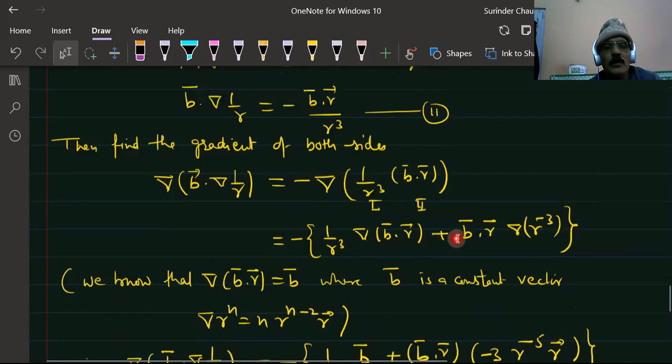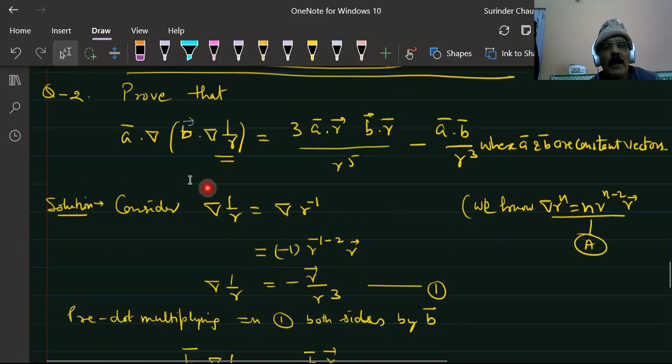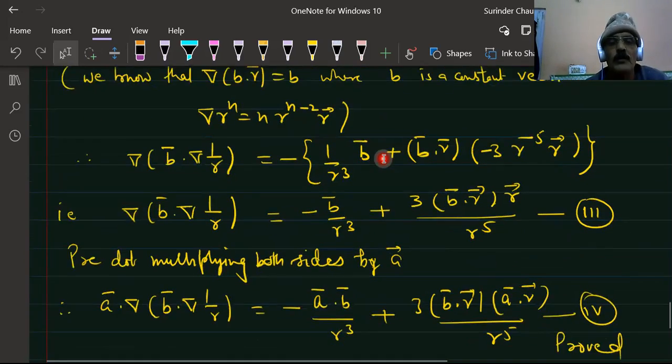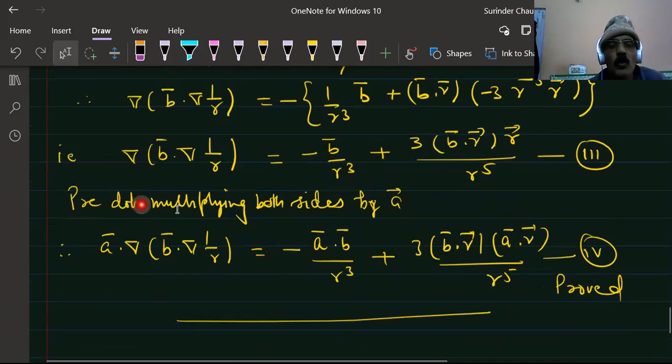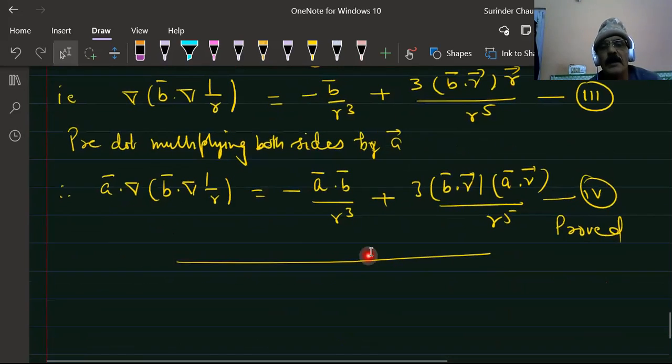Now the next step is to pre-multiply by vector a. Multiplying both sides, finding the pre-dot product of both sides of equation 3 by a vector. So the left hand side is a vector dot b vector, with the minus sign there. Now this is a scalar. So this is a vector dot, this is the left hand side. Hence